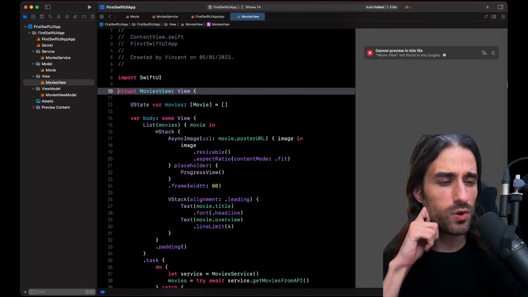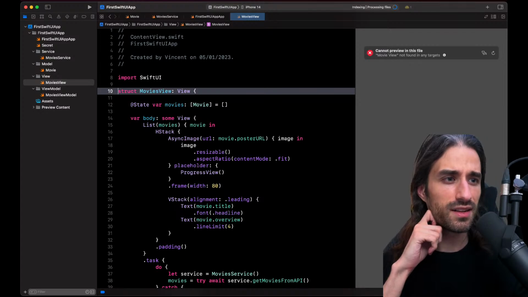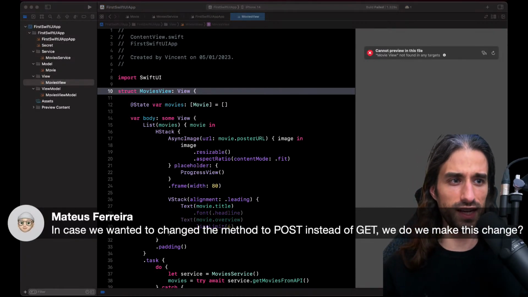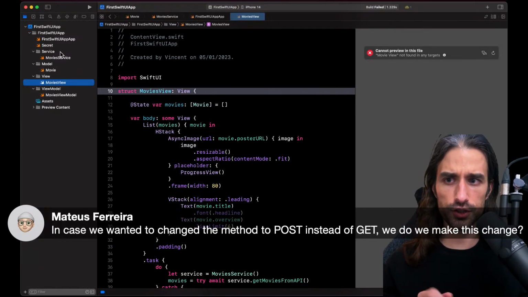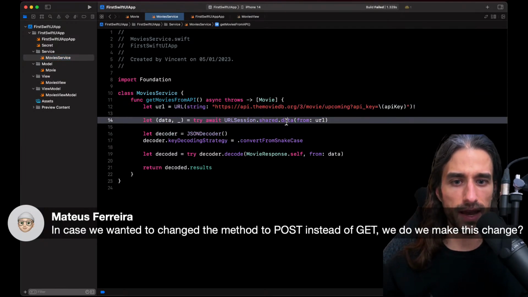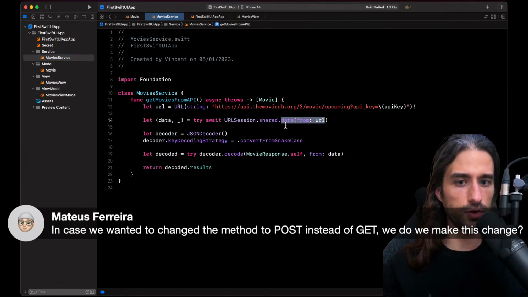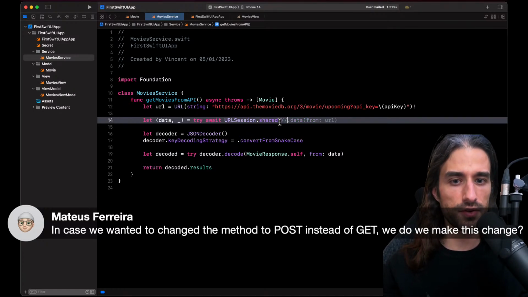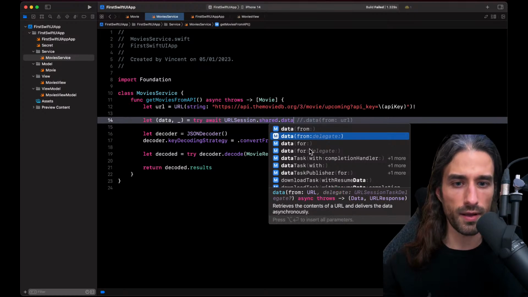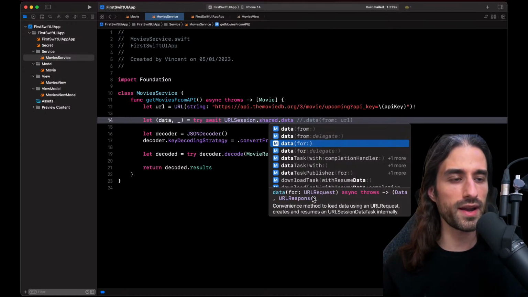And I see a great question. In case we wanted to change the method to post instead of get, what do we do to make this change? Great question. I will just show what you would need to do. I won't cover everything, but basically, here I call the method data from URL, but there is another method you can call, which is data for URLRequest.